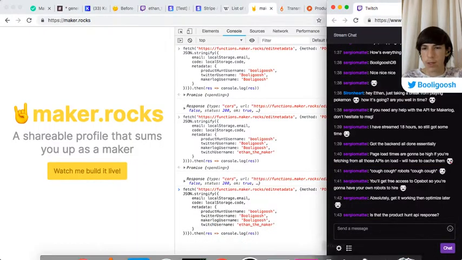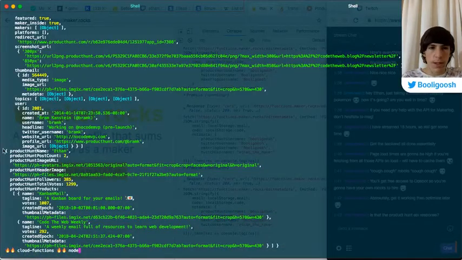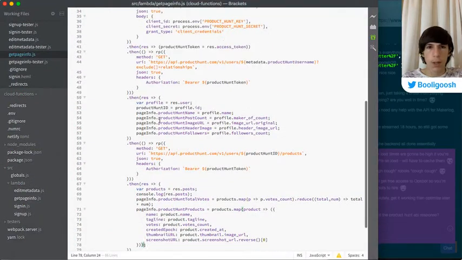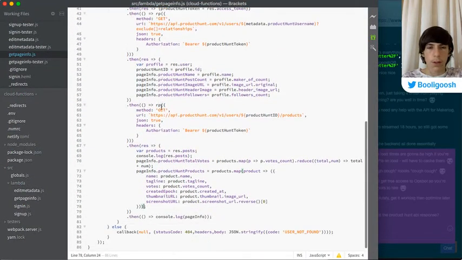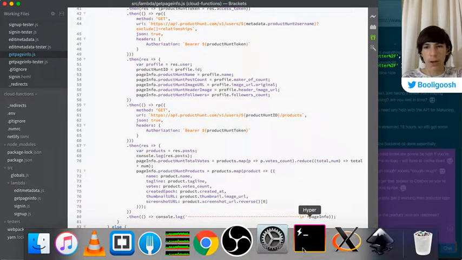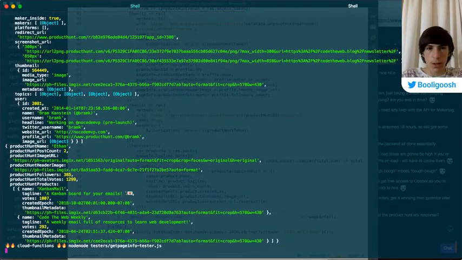Is that the Product Hunt API response? So basically, I should make this clearer. I should console.log, in fact, I'll do that now. Over here, I'll say console.log with lots of dashes everywhere, paste, and then newline plus page info. Okay, cool. So now if you see here,